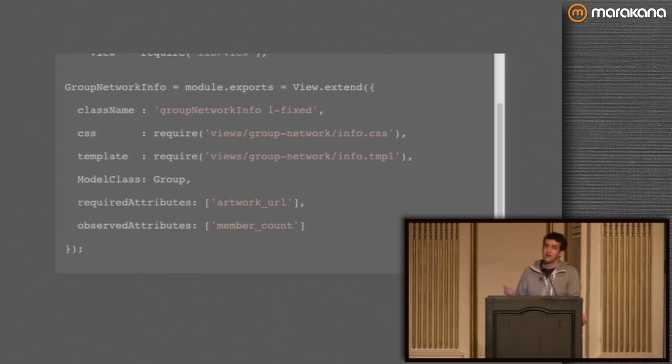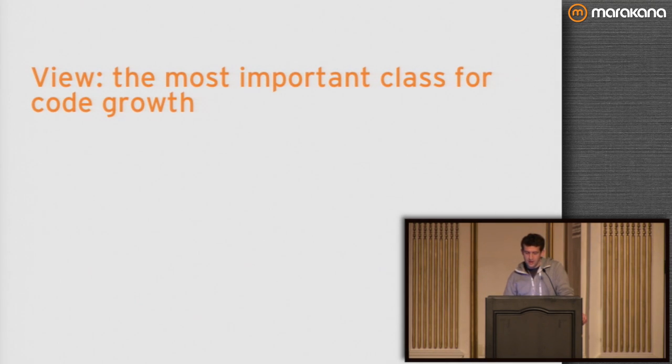Let's render. If the model changes and say one of these observed attributes changes, then maybe we re-render. And sometimes we don't even put required attributes, but we'll have an observed attribute, say for something that's empty, and then this property comes in, then we will actually put the view into place. So really, given this kind of shift where your app gets heavier and it adds a lot of views, the